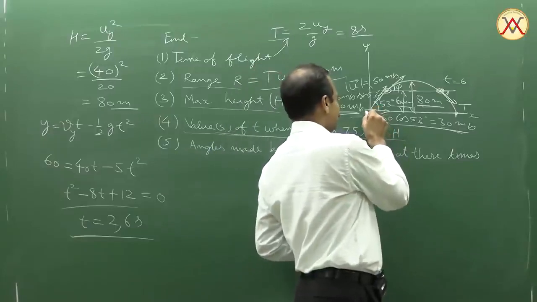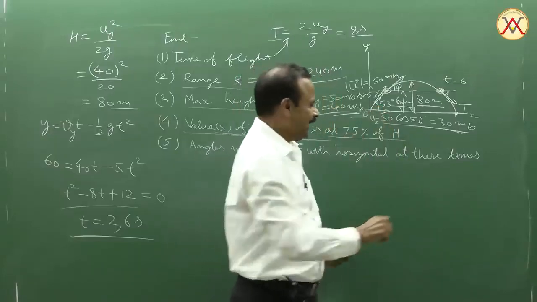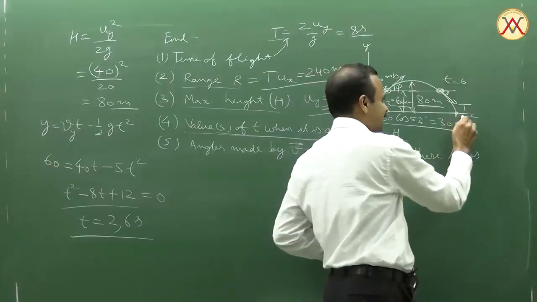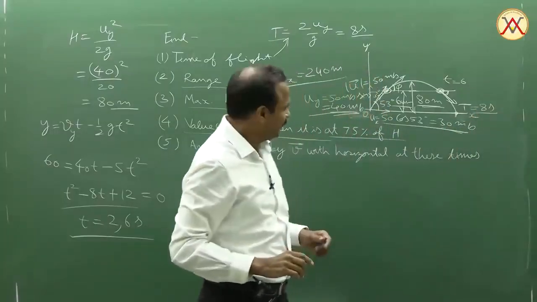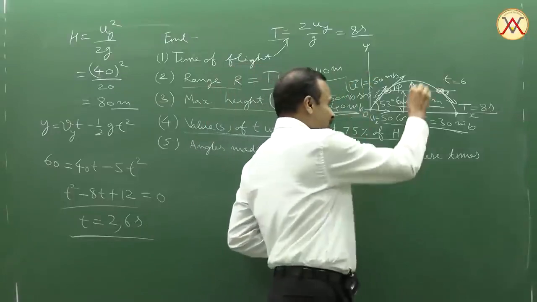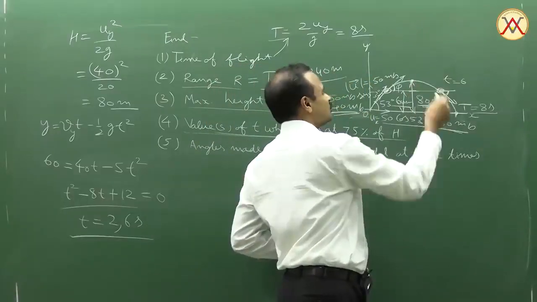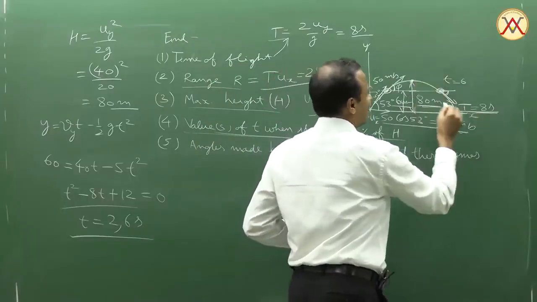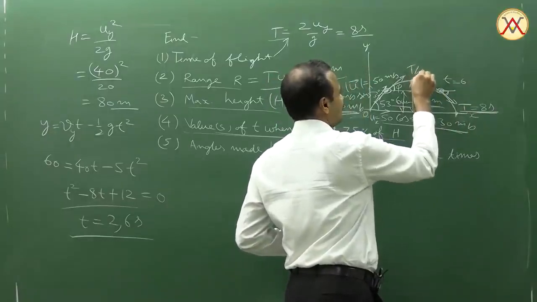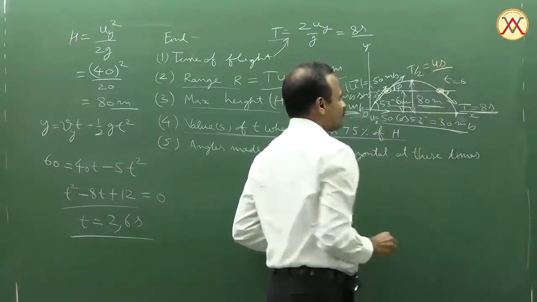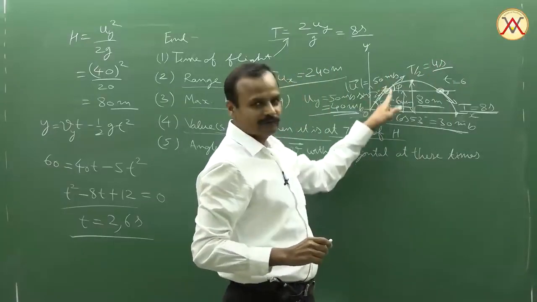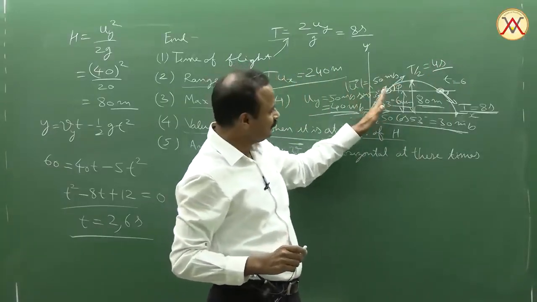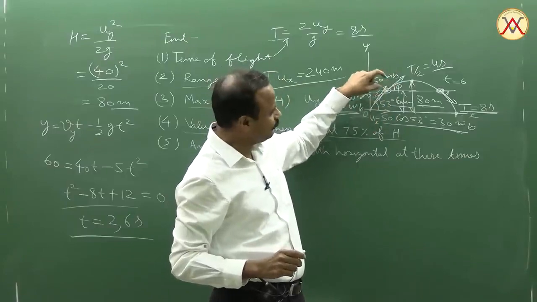See, the projectile was launched at t equal to 0, and at capital T equal to 8 seconds, it is hitting the ground. That we have already calculated. When was it at the highest point? That also we know, it will be half of this. So this is T by 2 equal to 4 seconds. So from 0 to 4, it is rising. The y component of velocity is going to be positive. We will have a positive value of phi.